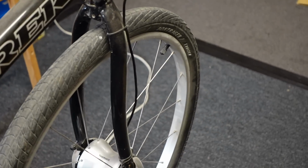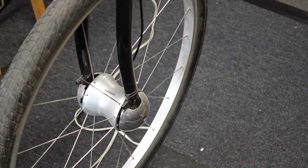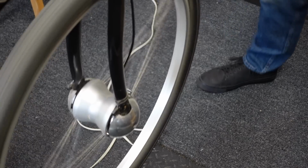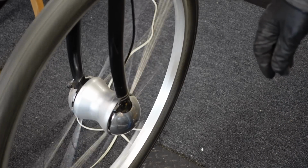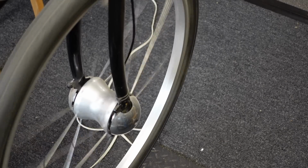So here's something. This is how the thing works, right? So this is a dynamo hub that generates electricity and it measures the speed. Takes a little warming up. Okay, so it's warmed up. Now I'm gonna move the camera